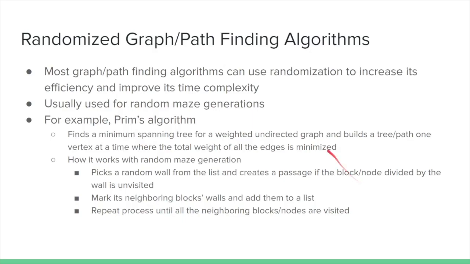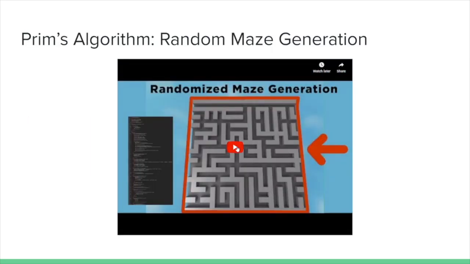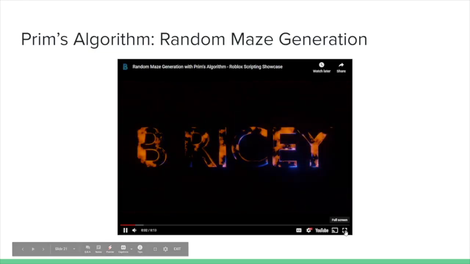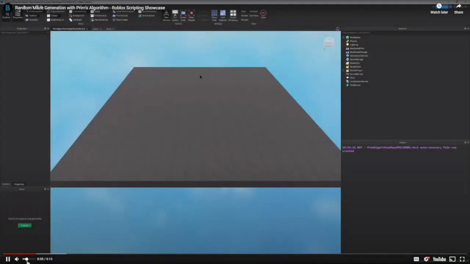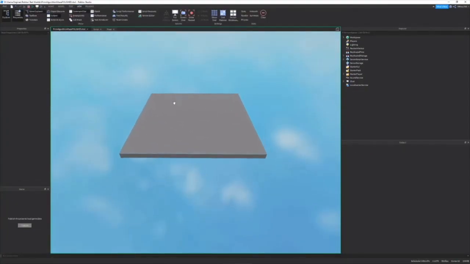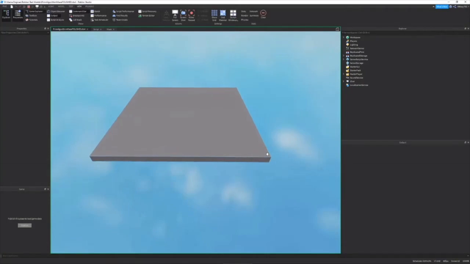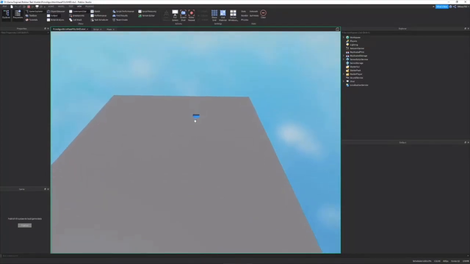So I'm going to show you a video of how this randomized Prim's algorithm will generate this maze. Before we actually get into the code of this maze, I first want to go over how this algorithm works. The first thing it does is create a 2D array, and all the cells in the array are blocked, which means they have walls. And then it picks a random block